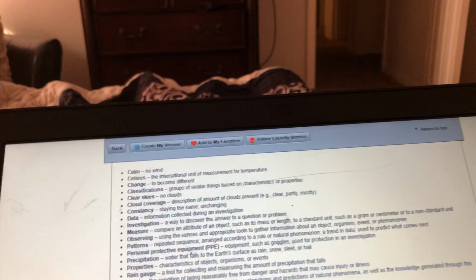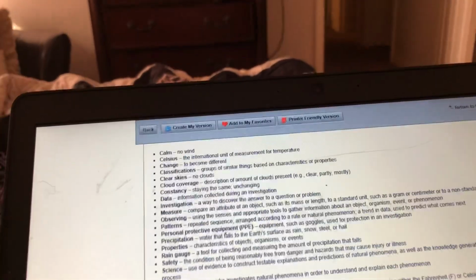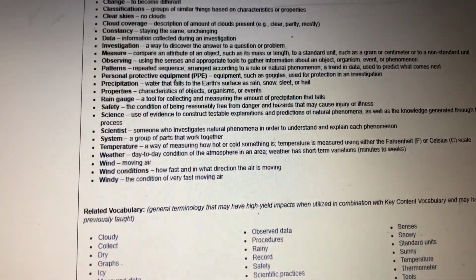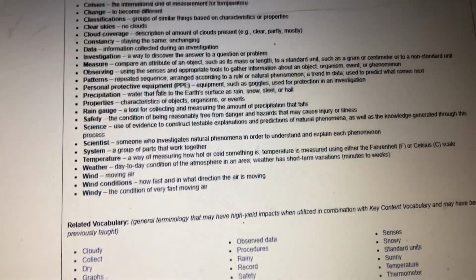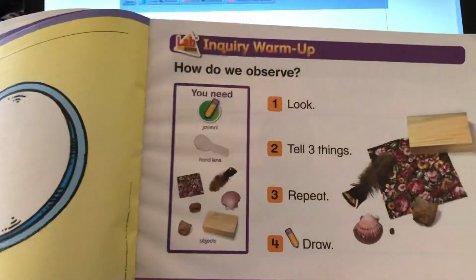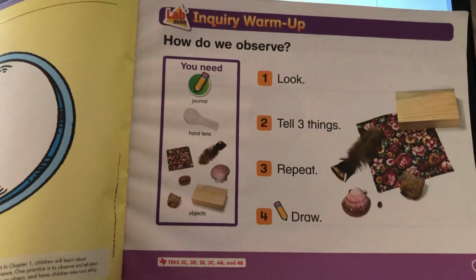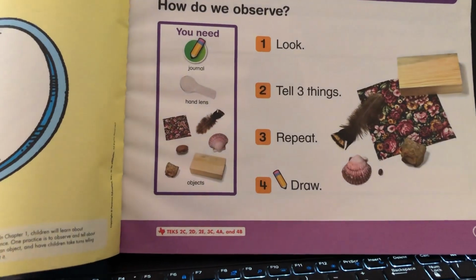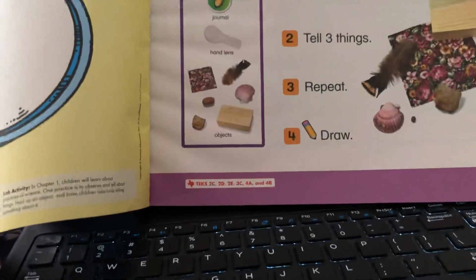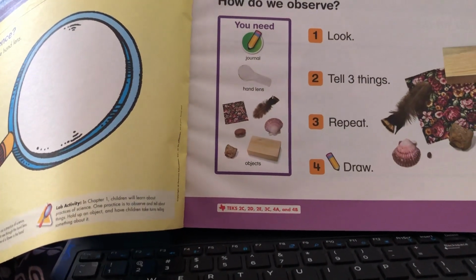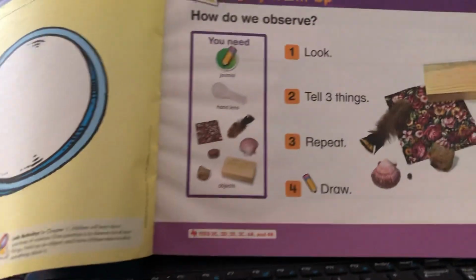It has a small activity you can do at home concerning scientists. Let's look at it. It says, how do we observe things? How does a scientist observe things? Let's look. 1, look. 2, tell 3 things about something. 3, repeat. 4, draw. Okay, you will need, let's say, if you get a seashell, which is one of the objects in here,